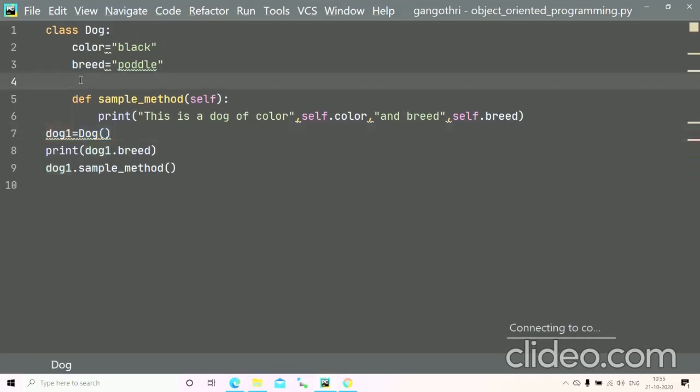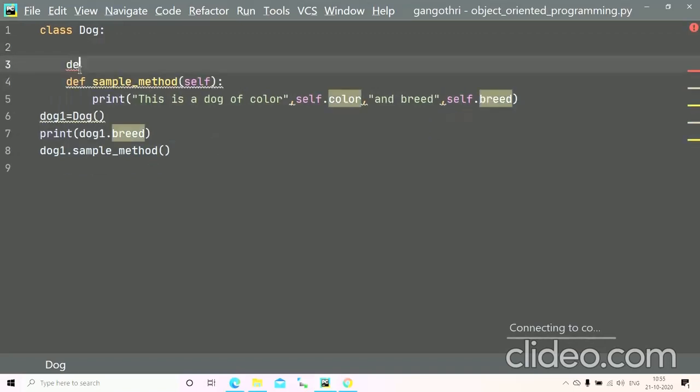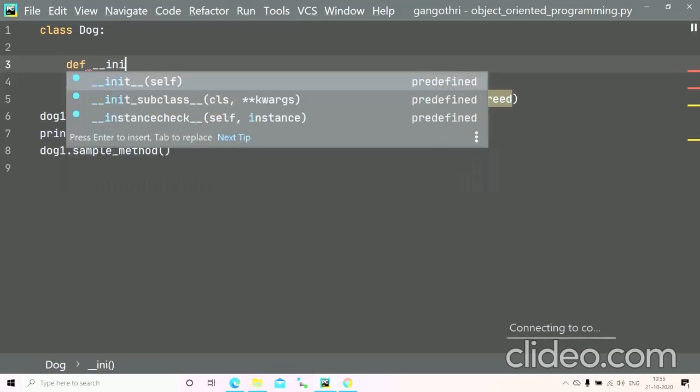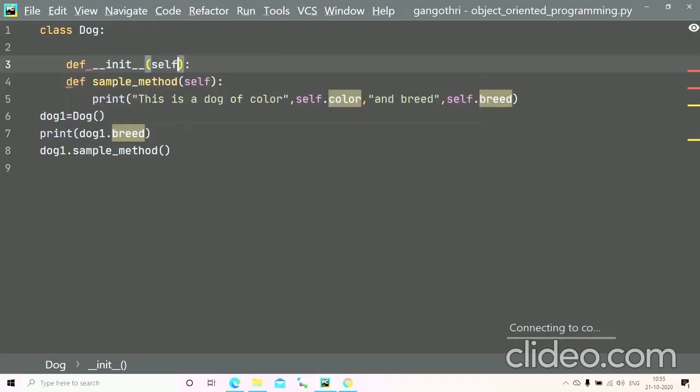So let us write the init method, and let me remove these parameters here. We shall define them within the init method. Okay. def __init__, with double underscores on each side. It also has a self parameter, and let's say the same parameters color and breed.